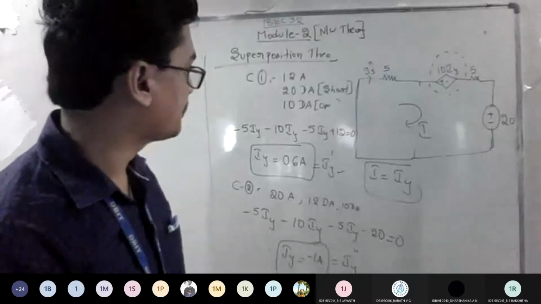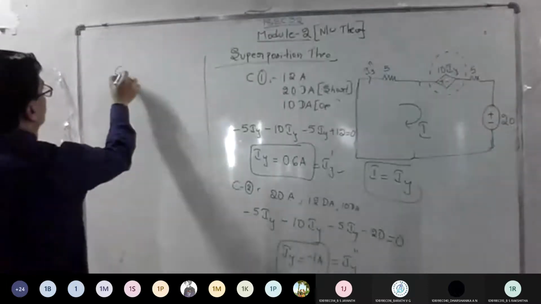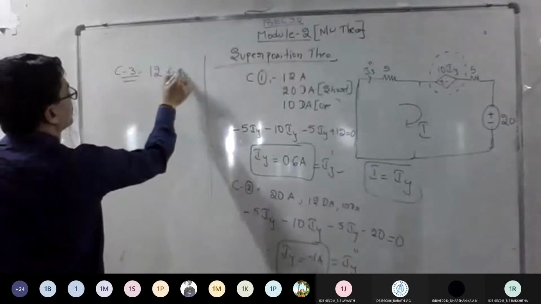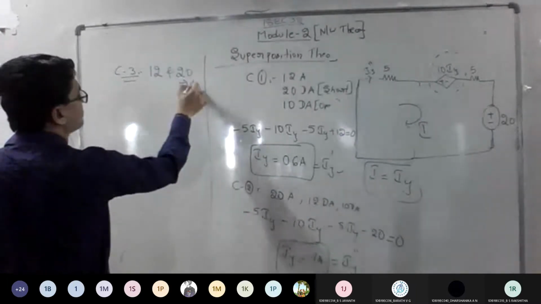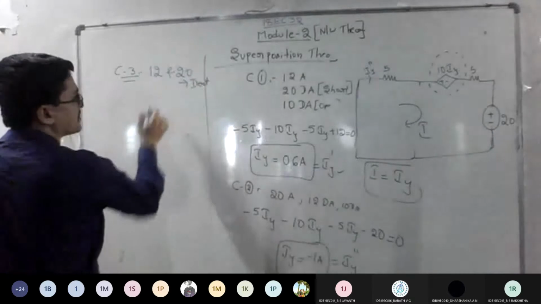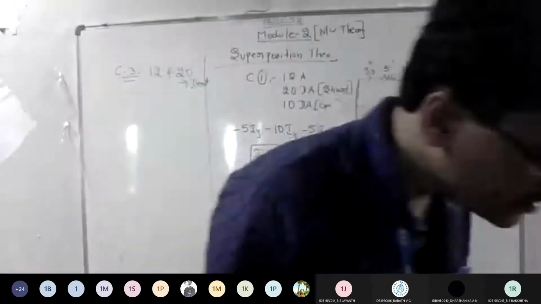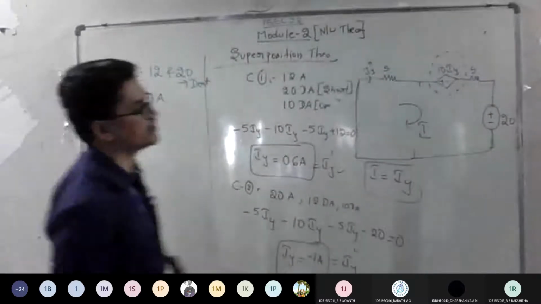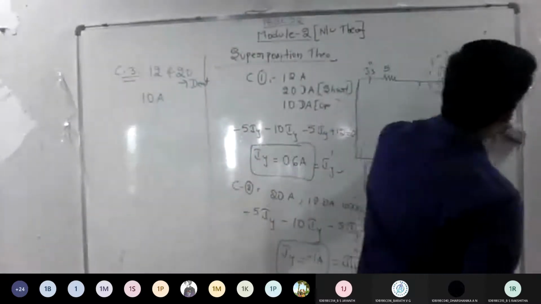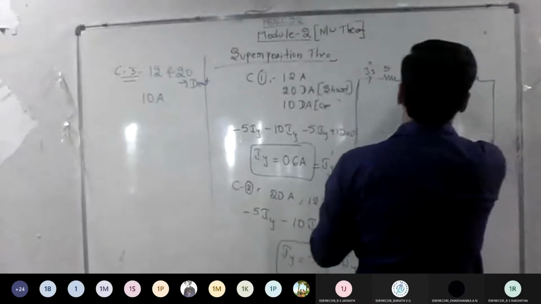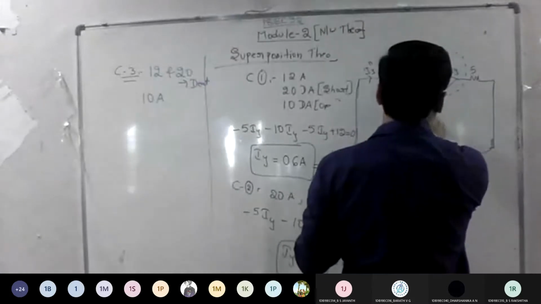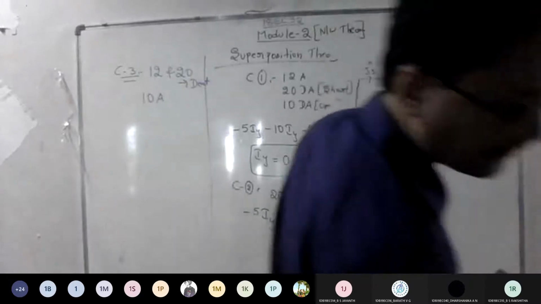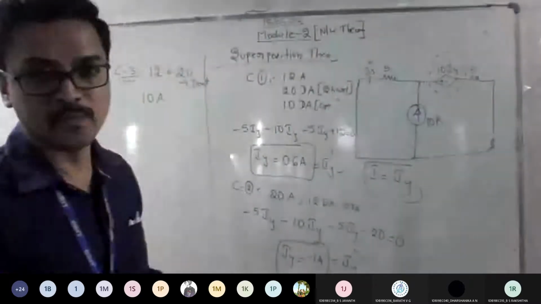What is the last, case 3? Case 3. So you have to make both the 12 and 20 volt deactive in the main circuit, and you have to consider what current is given? 10 amp, no? So the 10 amp current is active. So it means either side is going to get shorted, and I am going to return back the 10 amp. Was it upward, what I gave? Direction? Okay.